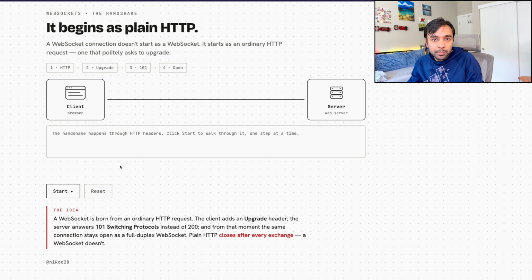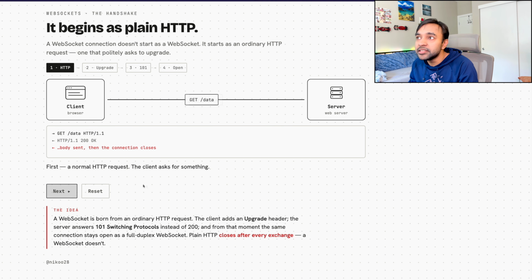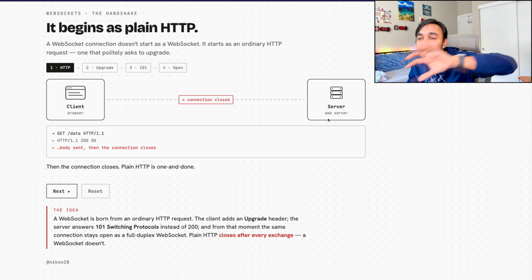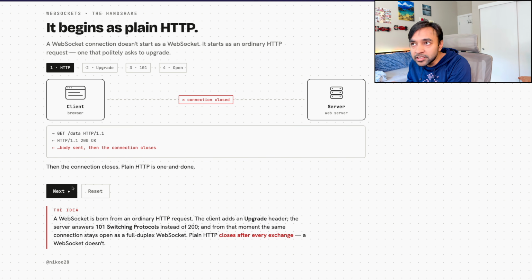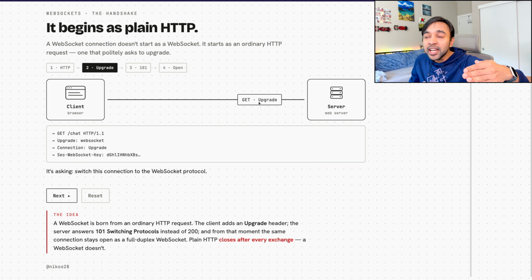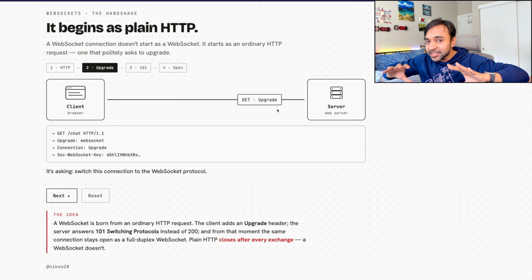And to be honest with you, every WebSocket connection actually starts up as an HTTP request. You have a client and you have a server. The first thing is you make an HTTP request to the server to make sure that, okay, you are able to connect. If you can make this connection, the next process is that you upgrade this connection to a persistent,